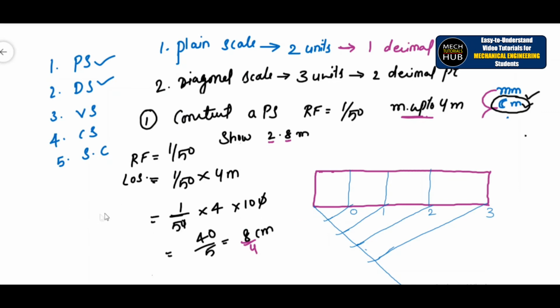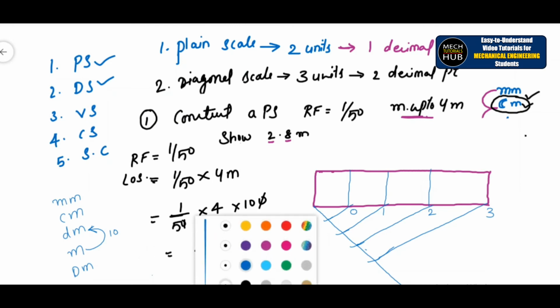As I said in the beginning, millimeter, centimeter, decimeter and meter, then comes decameter. Now coming to meters, from meters to decimeters, 10 we need to add, meaning 10 divisions. So this one portion I'll divide into 10 segments. Then we get the actual point. To do so, I'll consider one more color here.